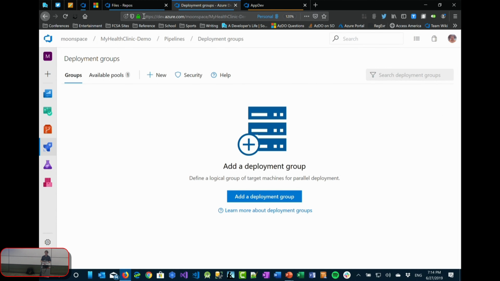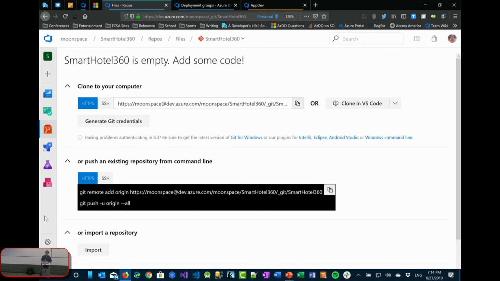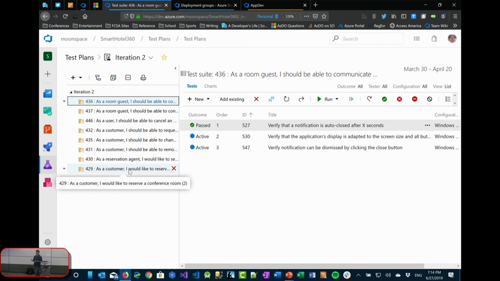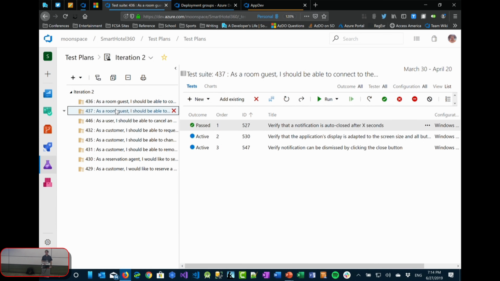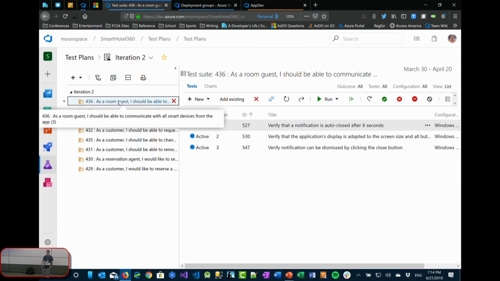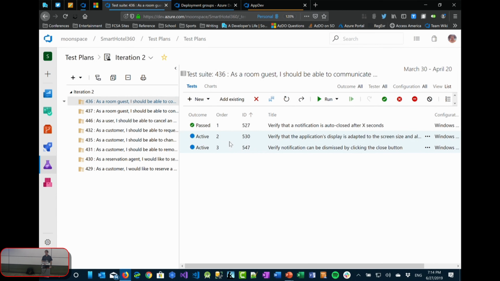Make sure I get in the right one. So that's the, whoops. Click on the right thing here. I've mentioned once again that this is just yet another view on data that's already in there. In this case, we're showing test cases. These are really cards, but the type of card is a test case. And then test suite, sorry. Then we have all of our individual test runs over here for each test.